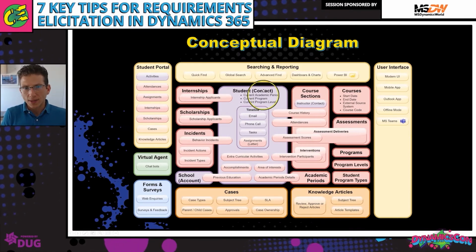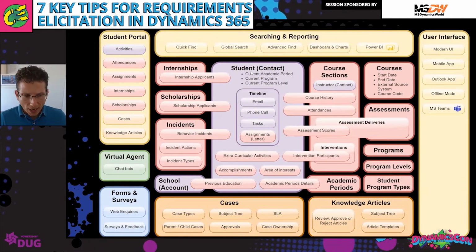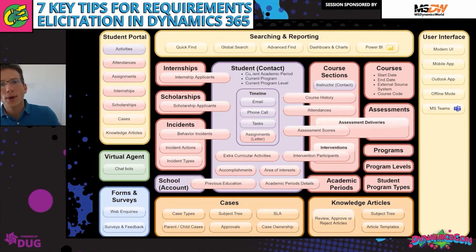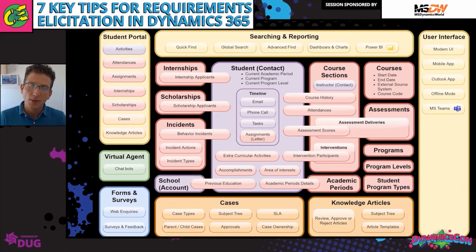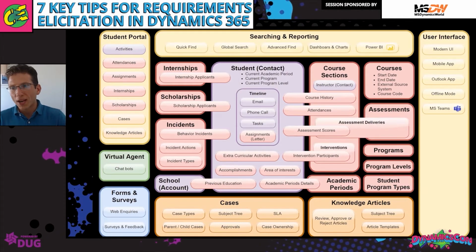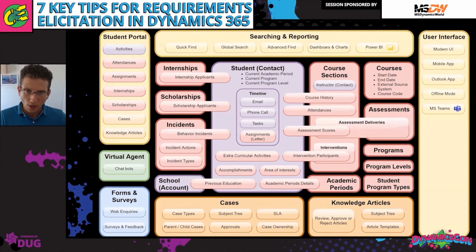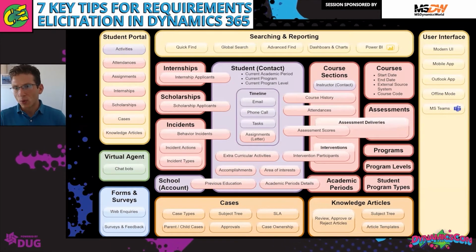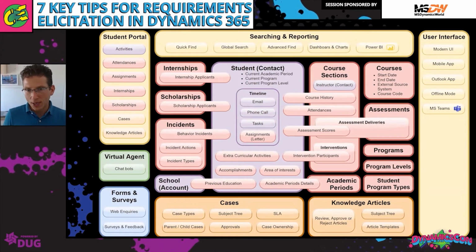So for example, in this diagram, we have, again, the student in the middle. This is, by the way, the conceptual diagram for the K-12 accelerator that is available. Dynamics 365 provides some industry accelerators. That is the diagram I created for the K-12 accelerator, because we were evaluating that accelerator for another client. So I created that one to share some ideas about what the K-12 accelerator